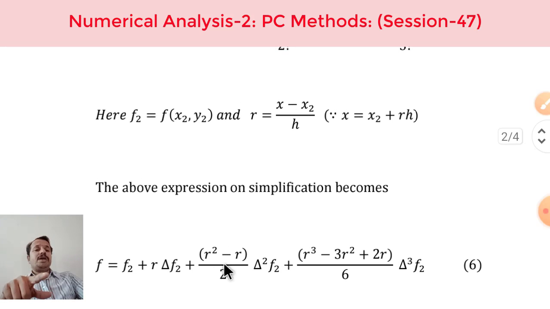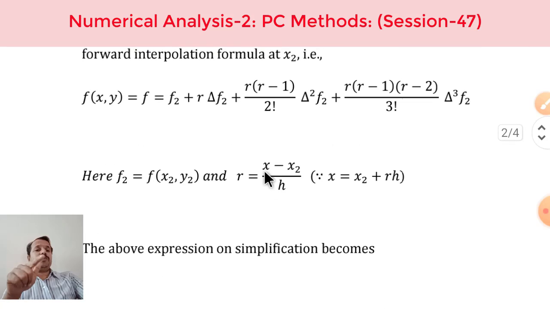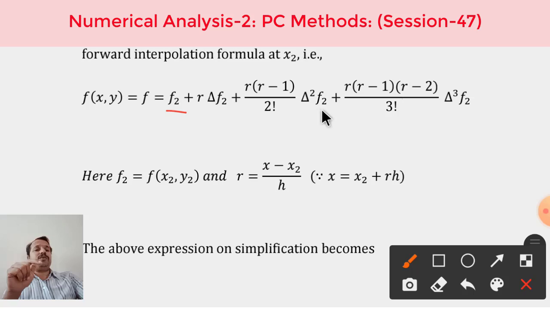Here in this interpolating formula you can observe x has disappeared, only r has now come. r is the new variable which is now in our hand. Now we should tell what is meant by r. Again, what is meant by f2? Everywhere we are having f2. f2 is nothing but f at x2 comma y2, and x2 is a known point, y2 is also a known point, and we can very easily get the value of f2. That's all. And now what actually is r?